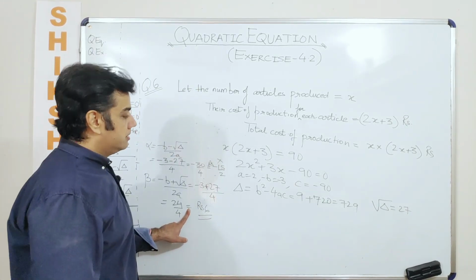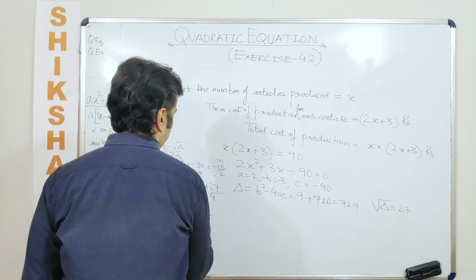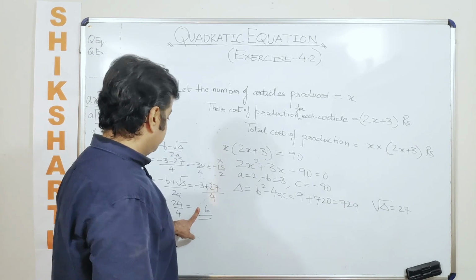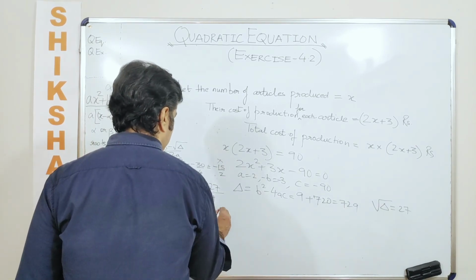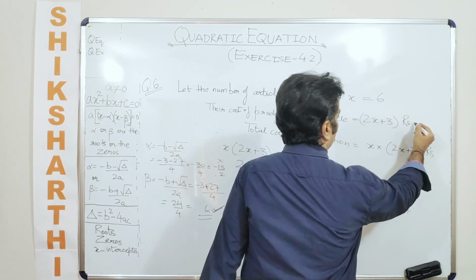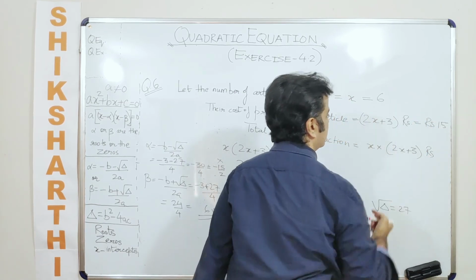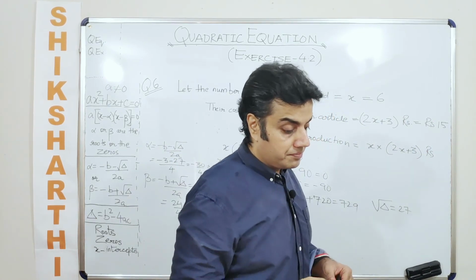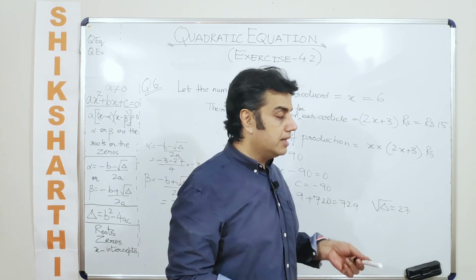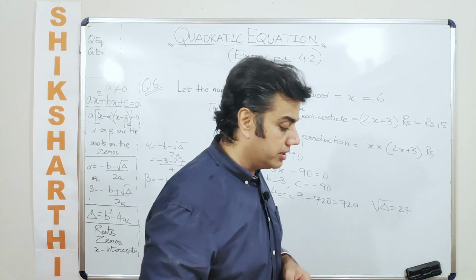So what is the cost of the articles? Is it 6 rupees? No. This is the mistake that I have done here. The value of X here was the count of articles. So let us say the total number of articles that were produced were X, right? And what is the value of X that we get from here? Let's say 6. And what is the rupees that we get from here? We get it as 15 rupees. Now 15 rupees into 6 makes it 90 rupees on that day. Right? This is what it says. So find the number of articles produced and the cost of each article. The cost of each article here is 15 rupees, and the number of articles produced here are 6 articles.